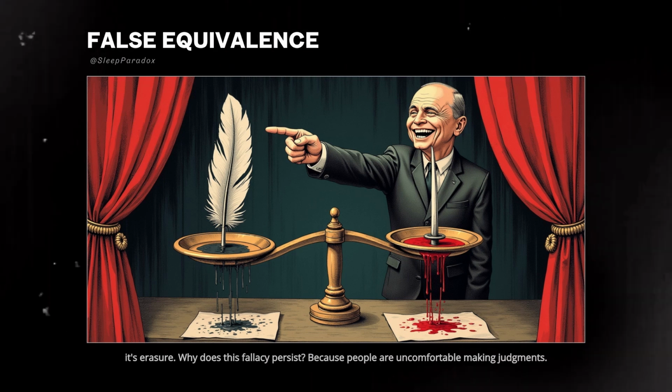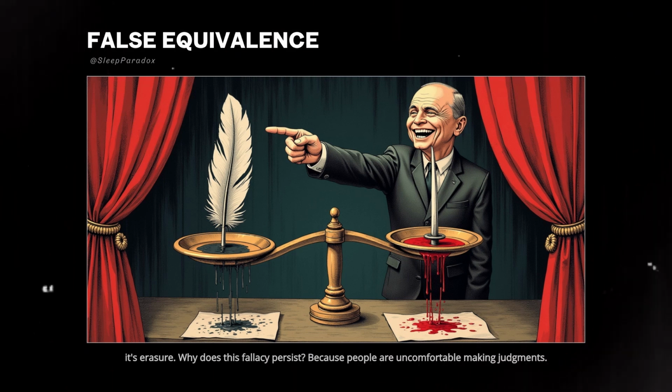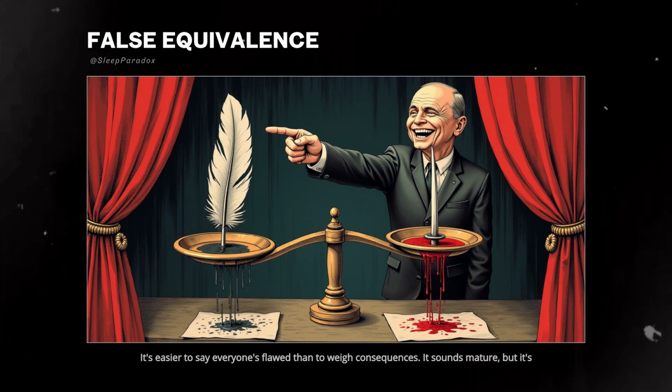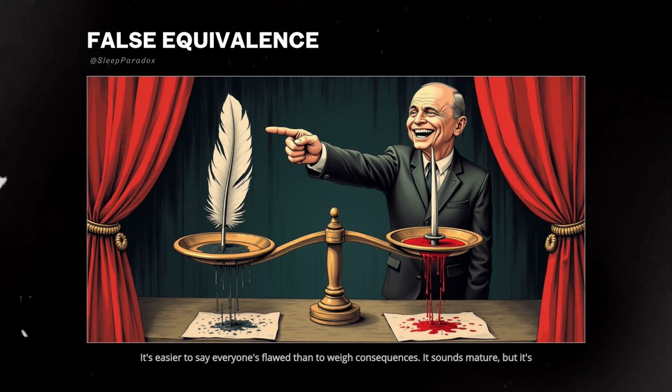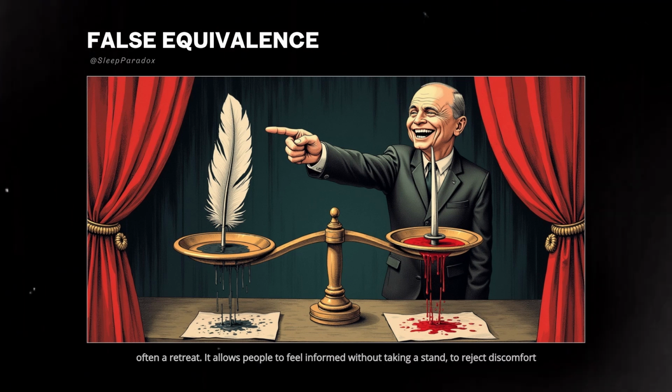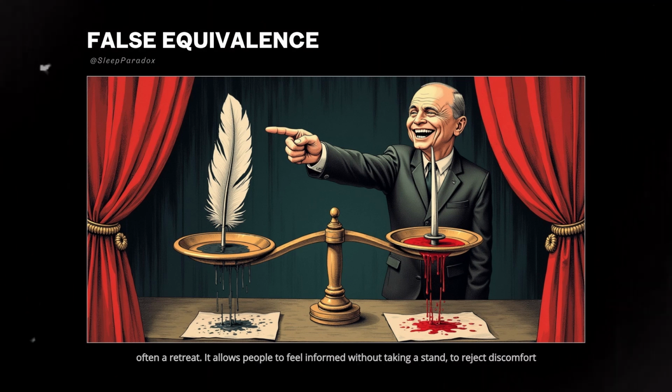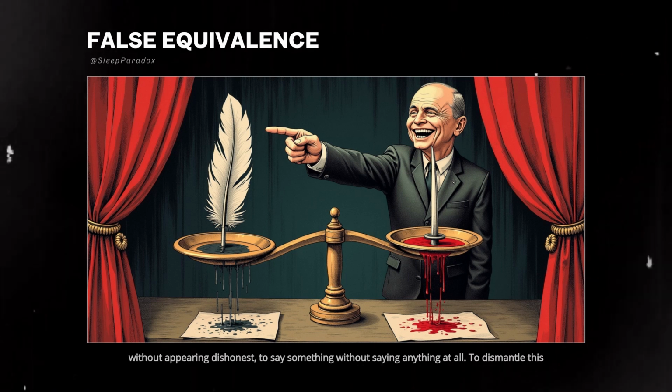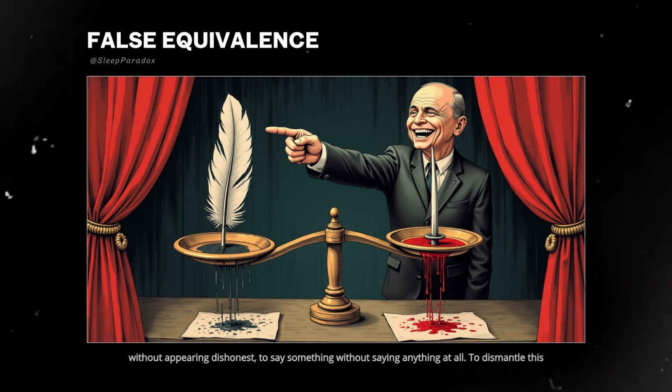Why does this fallacy persist? Because people are uncomfortable making judgments. It's easier to say everyone's flawed than to weigh consequences. It sounds mature, but it's often a retreat. It allows people to feel informed without taking a stand, to reject discomfort without appearing dishonest, to say something without